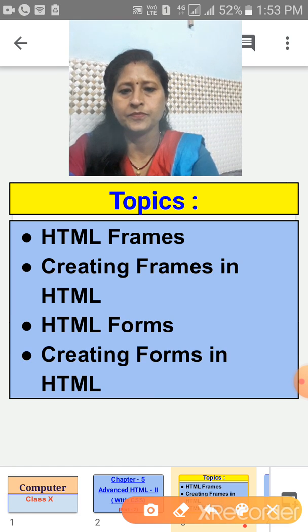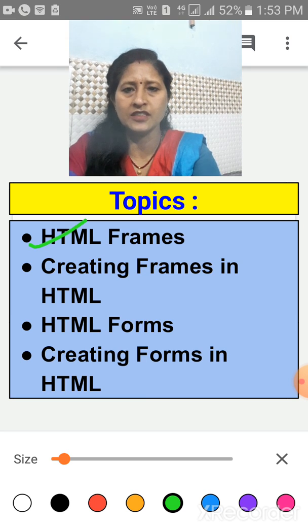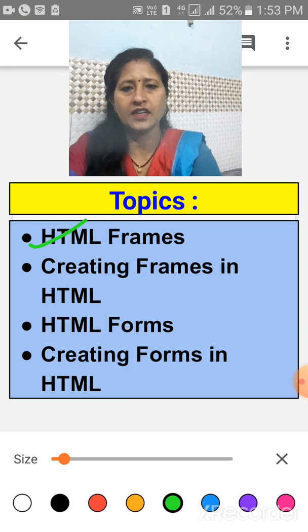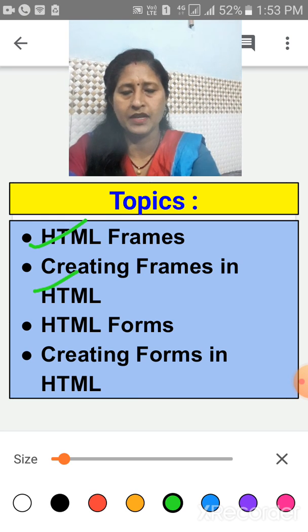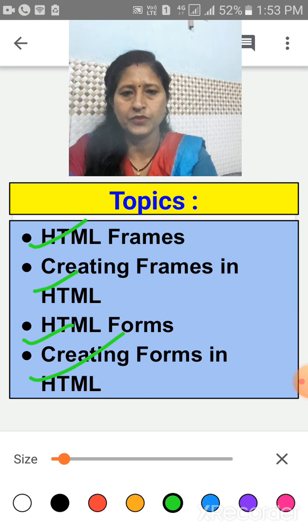Children, HTML frames. In this video, we will study how to make HTML frames, creating frames in HTML. Next, we will discuss about HTML forms, how to create forms in HTML. Okay, children?